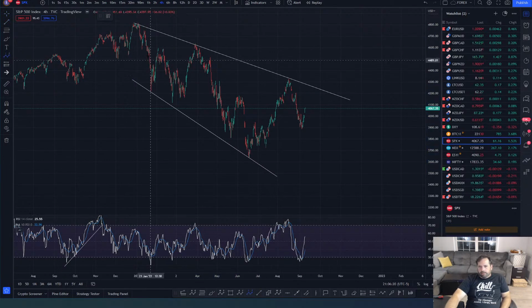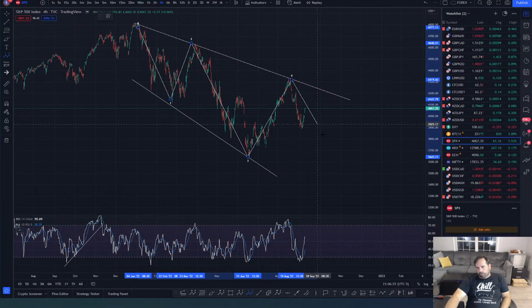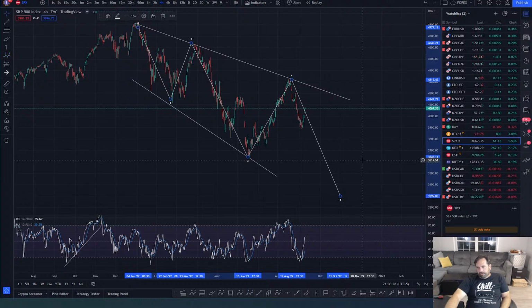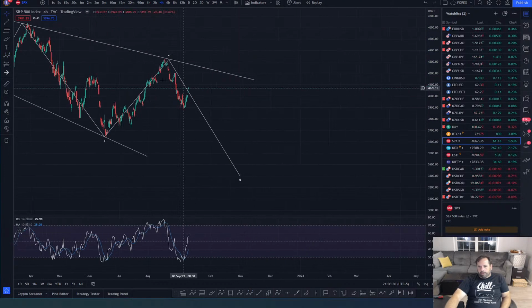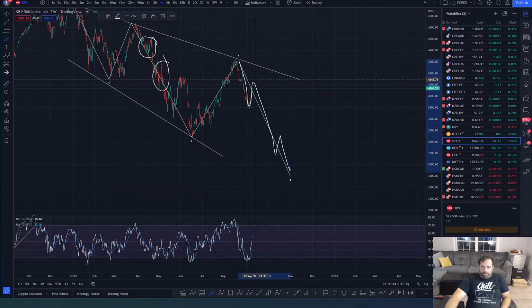This is either a leading diagonal to the downside, 1, 2, 3, 4, and now 5. We're in the middle of 5, okay? But we're making a pullback. I'm not sure how to count this, but it's a pullback, in line with this or this right here, okay? So maybe this is a 1, 2, 3, 4, 5. So we're getting ready to dump heavy big to the downside potentially. I don't know that for a fact, but that's a possibility.